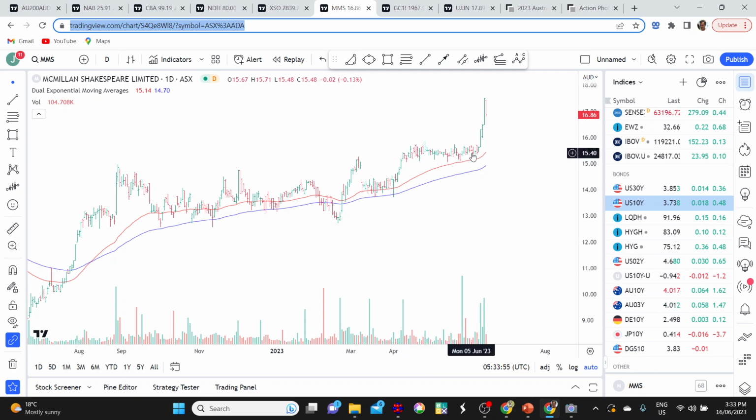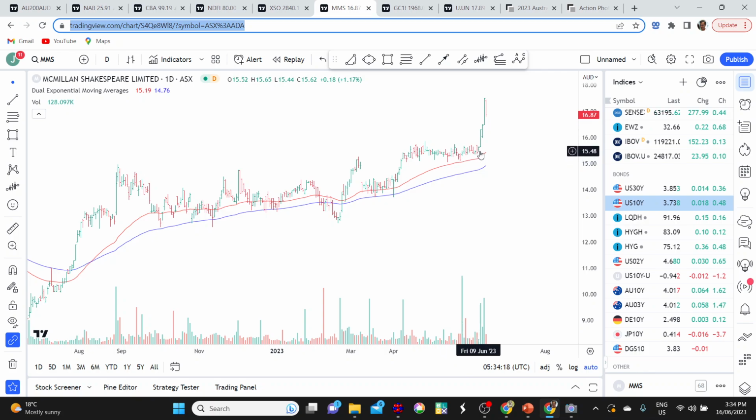See this here, we've got a tight consolidation. So we had a trending phase, and then we had a tight consolidation, a real compression zone where the trading ranges tightened up. And that also came back to the 50-day moving average. So the price got away from the 50-day moving average and then came right back in. This is a sort of setup that you can look for on the charts.